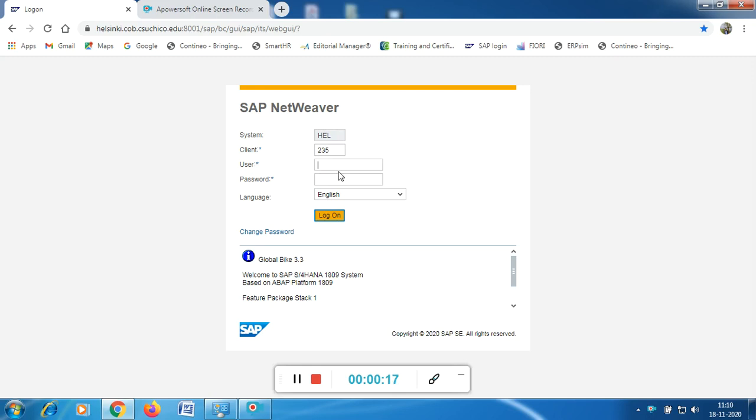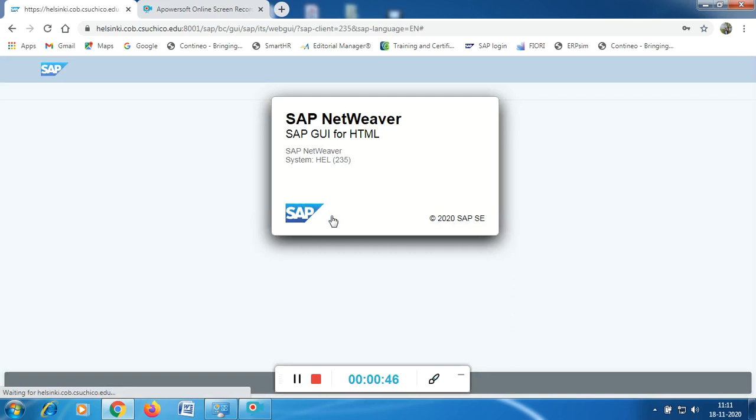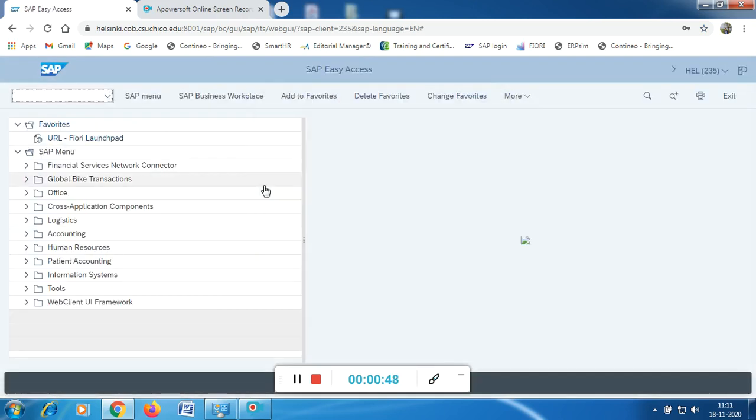User, I'll be using my username. So for you guys, you have your particular username. It starts with LEARN hyphen your 3-digit number, so use your 3-digit number. I'll be using my particular username, TCH-001. And the password is capital N small HCE 123. The password remains the same for everyone. Press the logon button, and you'll be taken to the main page.